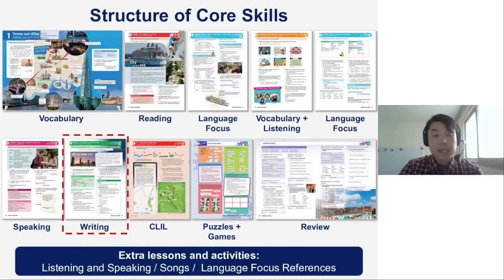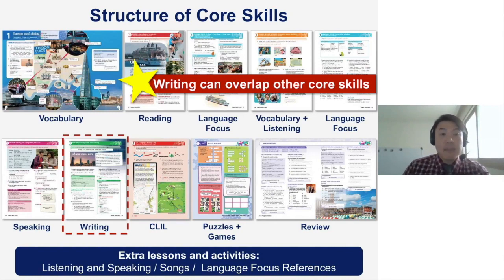course book. Now, as you can see, I want to return back to our structure of core skills, and we're going to be focusing the rest of our session with the writing page and unit itself. But once again, please keep in mind that writing can overlap into any other core skills as well. Please do not feel like, oh, this is my only time for writing, or this is the only time I should be doing writing. We want to make sure that the writing is going to be blended throughout different core